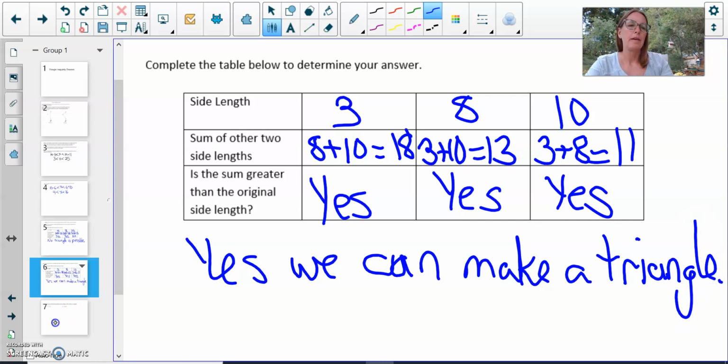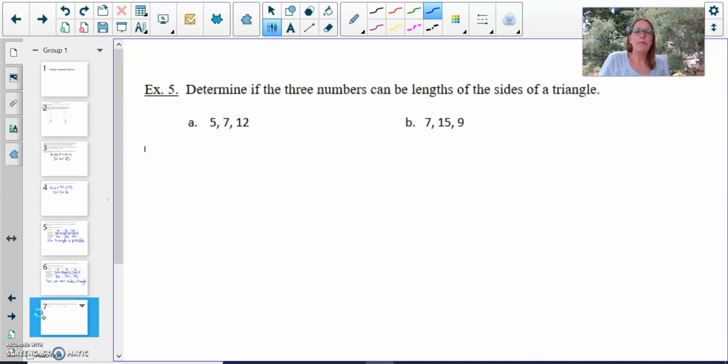Okay. Similar question, but now they don't give us the table. Determine if three numbers can be lengths of the sides of a triangle. And really, the only thing I have to check are the two smallest sides. If the two smaller sides do not add up to a number greater than the third side, we cannot make a triangle. So looking at 5, 7, and 12, I add together my two smallest sides, 5 plus 7,